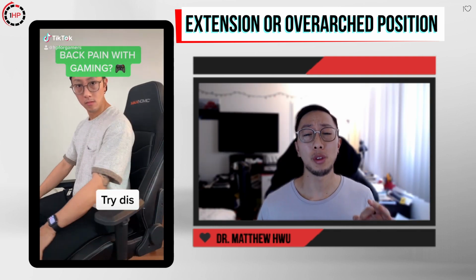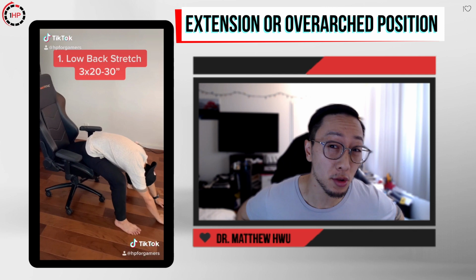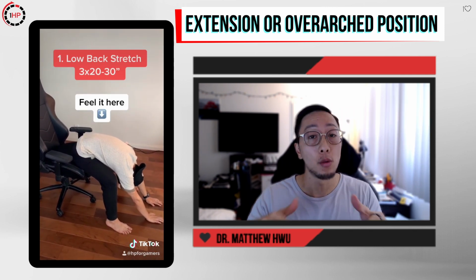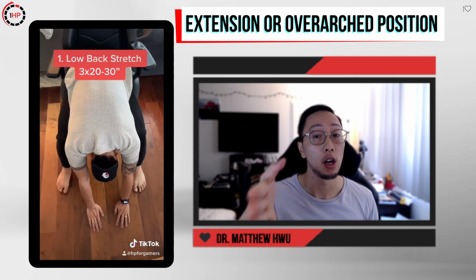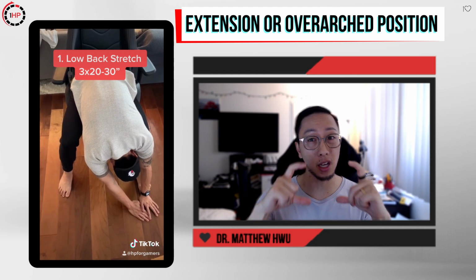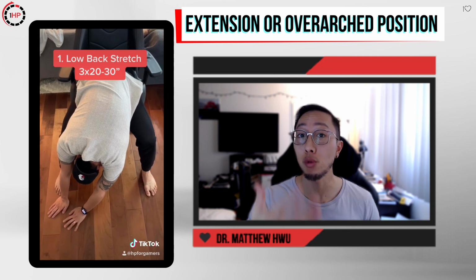All right, let's start with the really easy exercise. All you're going to be doing in your chair is stretching the muscles in your lower back, as shown. You scoot to the edge, bring your feet apart, reaching down towards the ground. You can also bias each side, but you should be feeling it at your lower back right above your pelvis, because those are the muscles that become stiff. Stretching each side 20 to 30 seconds, 3 times